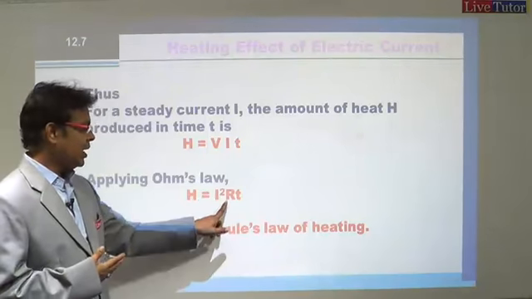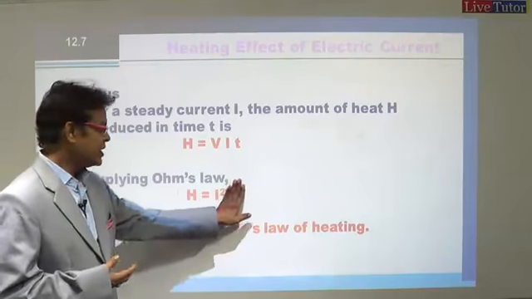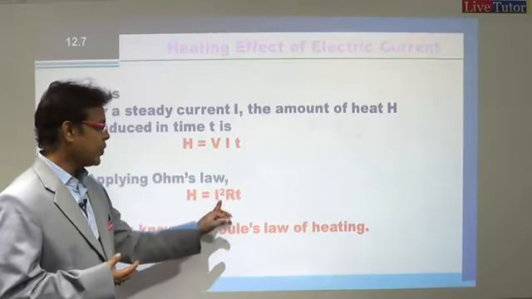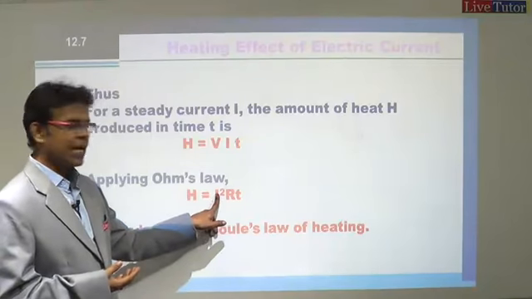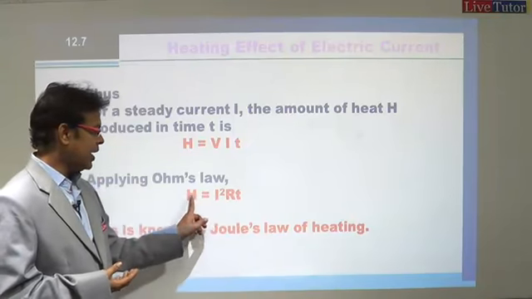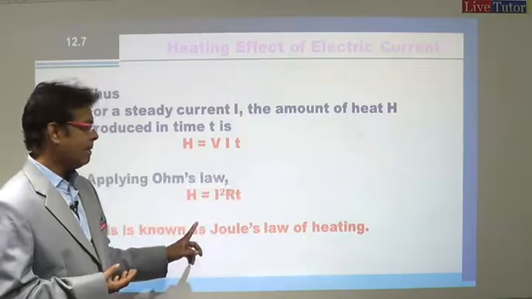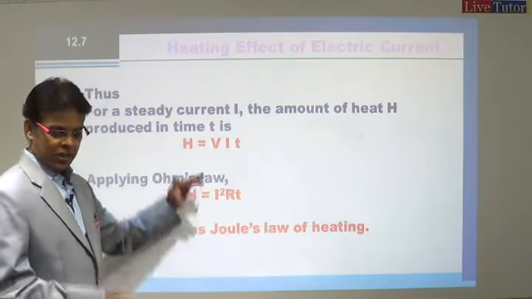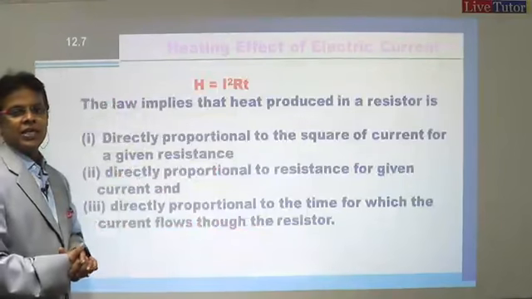By keeping the resistor constant, and for a particular time, we can say that H is directly proportional to I square. Or if we say for a steady current, if resistance can be varied for a particular time, H is proportional to R, or R increases, H increases. Understand? So thereby we can state the Joule's law of heating, that